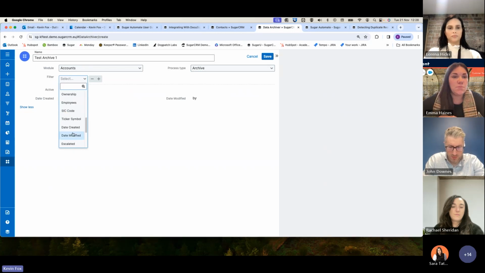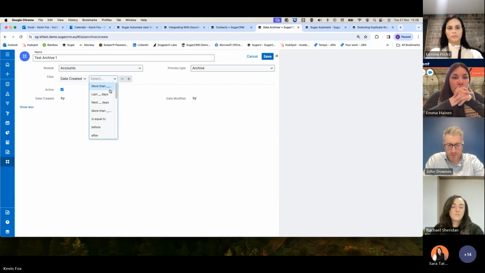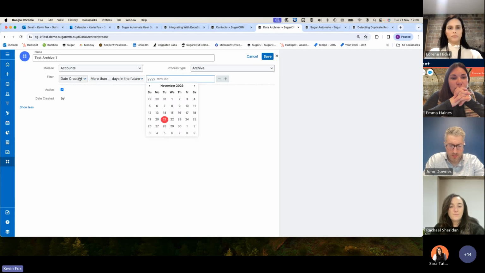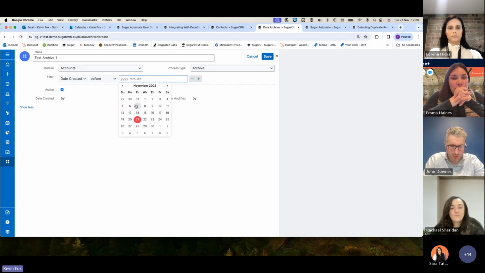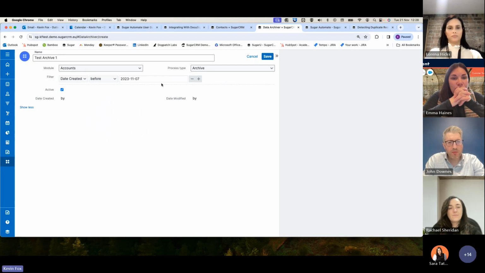So we can say that date created is, let's say before, just as an example, let's say we want to archive all records on the date created before the 7th of November. We will hit save, and that's going to run automatically to archive any records created before